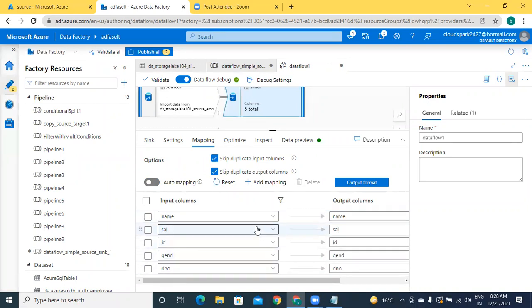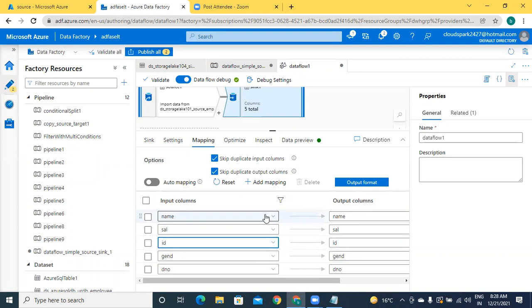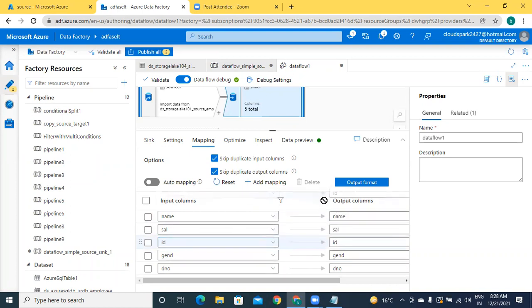Observe here. First I want name. Understand? First I want name, next ID. So this example we can show practically while you are loading data into a target database table. There you can observe, because here there is no question of mapping, because input is a file, output is a file.